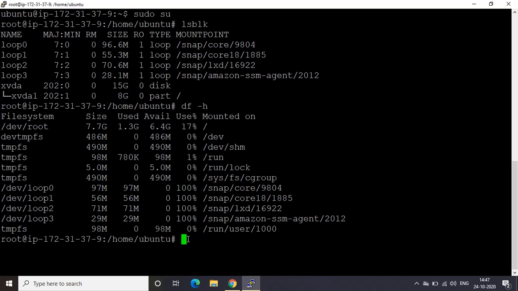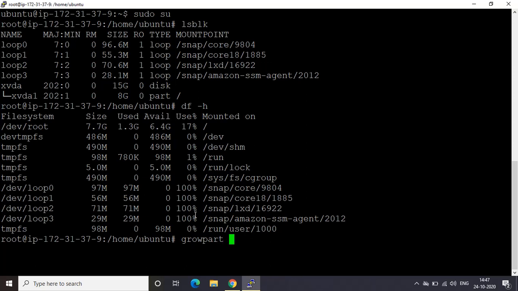Here it is showing 15 GB, but it is not yet part of our file system. So I will make that space available. For that we will type growpart.